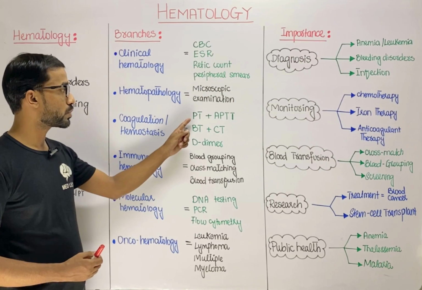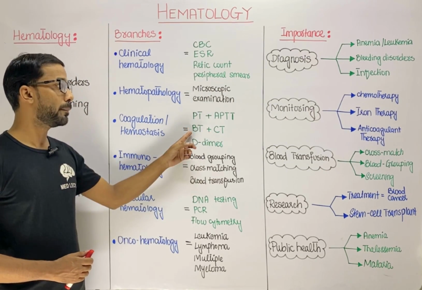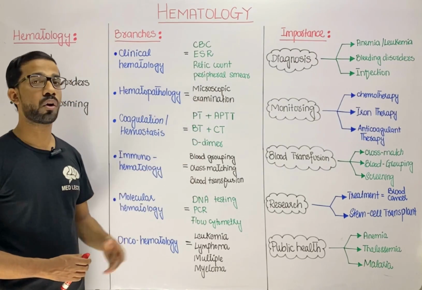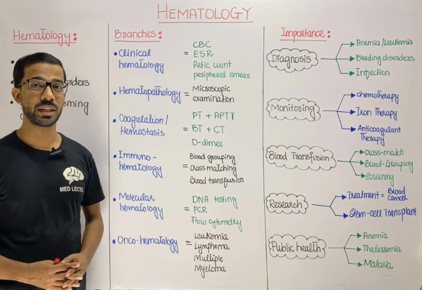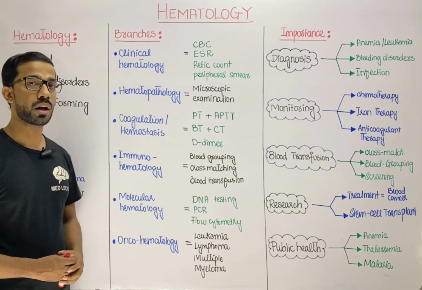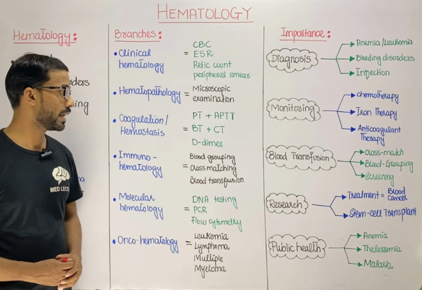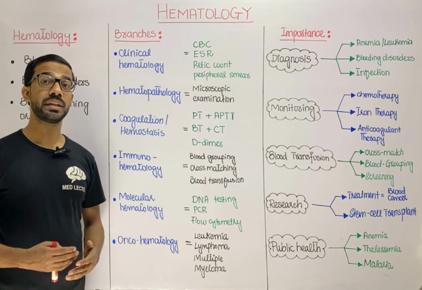In that case, we can do PT (prothrombin time), APTT, BT (bleeding time), CT (clotting time), and the D-dimer. So these are the different tests for the coagulation profile. Next, immunohematology or blood transfusion medicine, in which we will go towards blood grouping: A, B, AB,